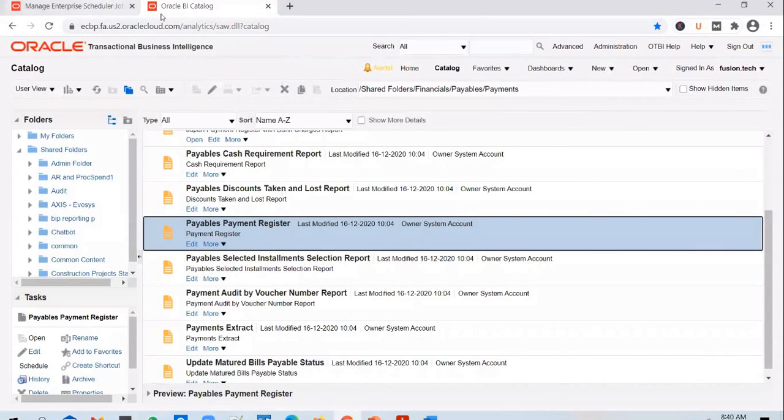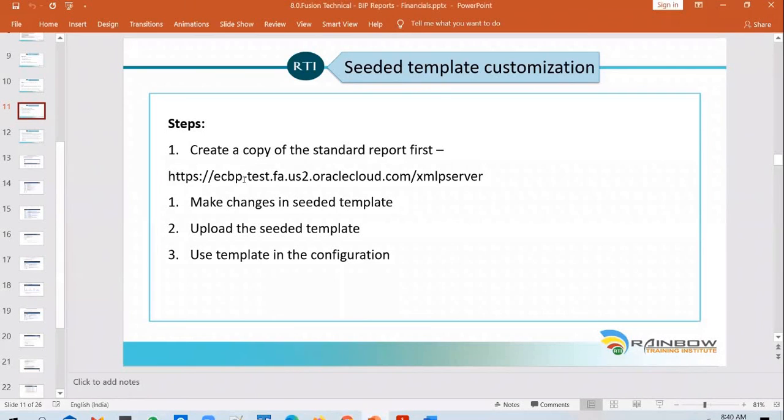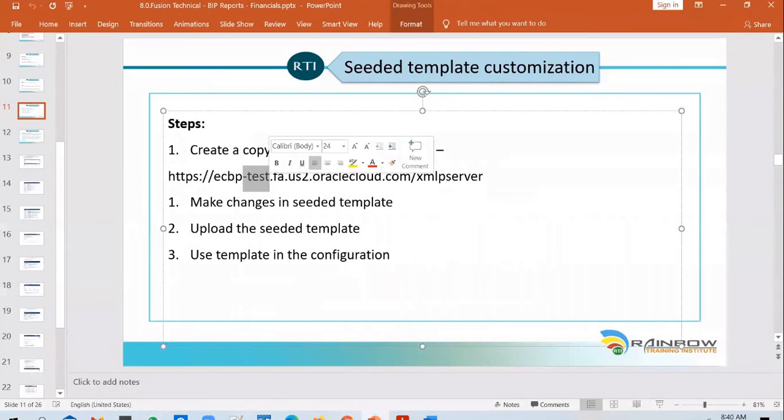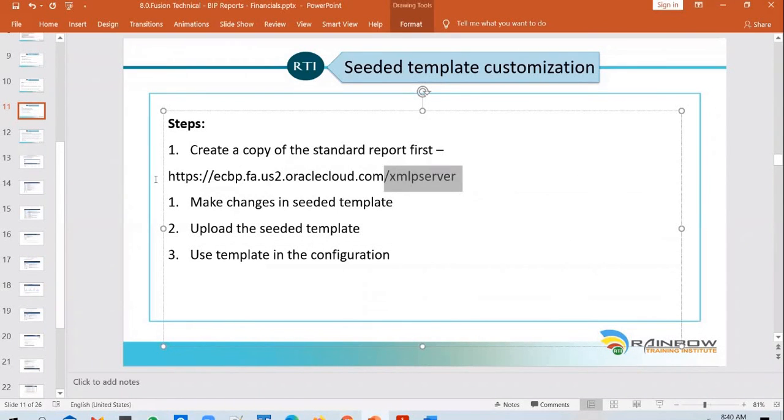So for an ERP cloud instance, there will be an XMLP server attached, and you can access it by using this specific format. So say, for example, we want to access the XMLP server of the ECBP instance. You put the instance name followed by XMLP server at the end. So you copy this link, access it in the next tab.